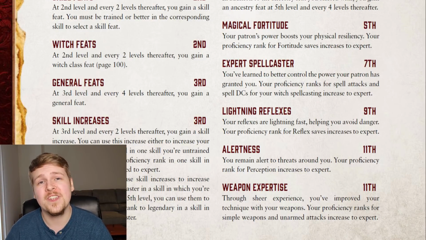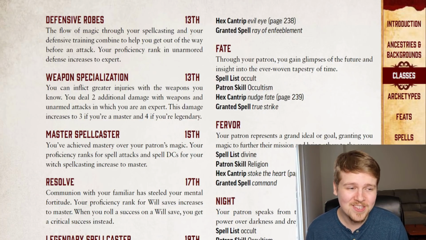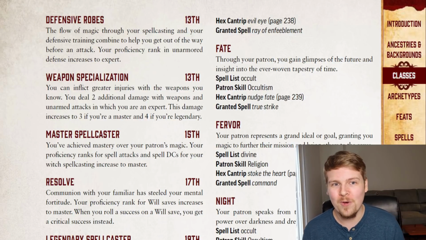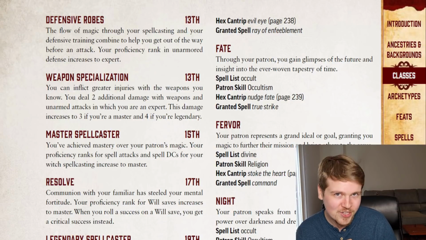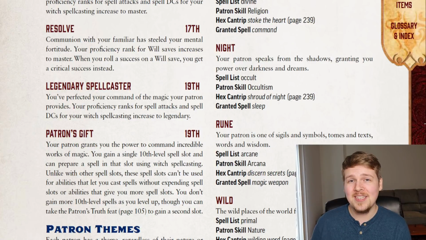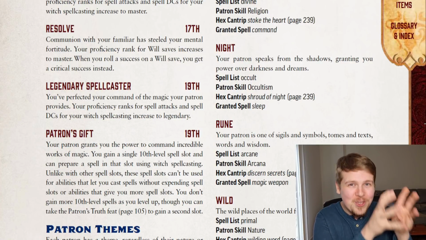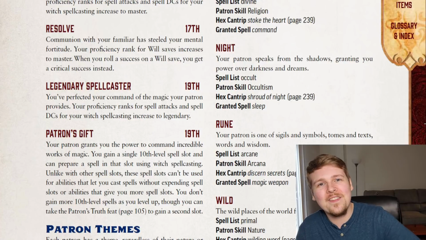And also expert proficiency in weapons. 13th level is expert in unarmored defense, 13th level is weapon specialization to grant a little bit more damage on weapon attacks, and 15th level is master spellcasting proficiency. It's only at 17th level that our will saves increase to master. 19th level is legendary spellcasting proficiency,